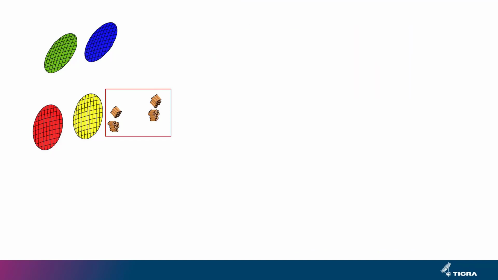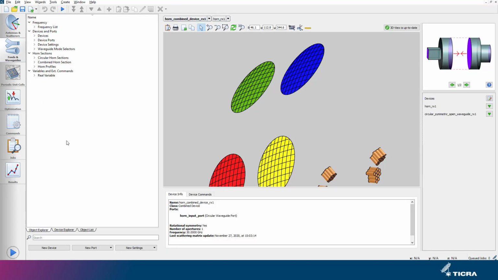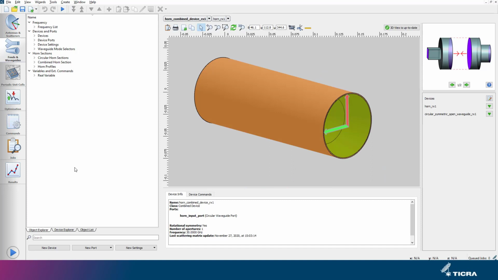For this purpose, we switch to the Tigra Tools project, where we have set up the antenna system. We see the 4 reflectors, shown with different colors, each fed by an array of feed horns. The design of the feed horns is done in the Feeds and Waveguides tab that's available with the CHAMP 3D. So we switch to the Feeds and Waveguides tab, where one of the feed horns is shown.